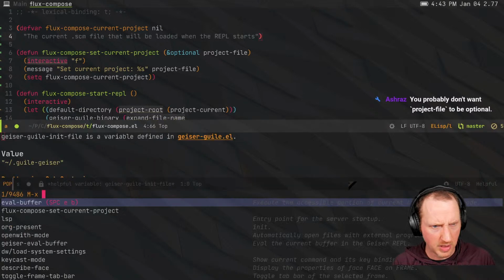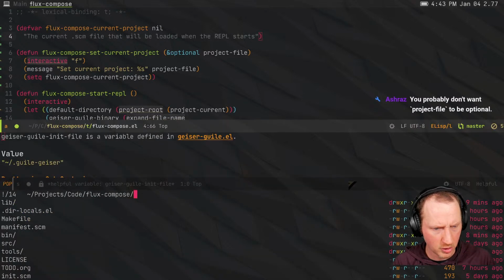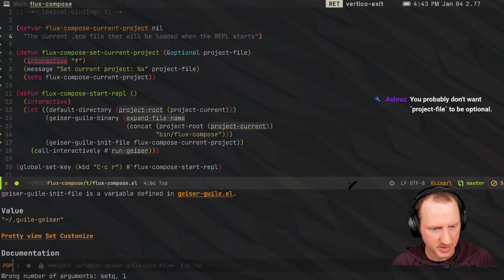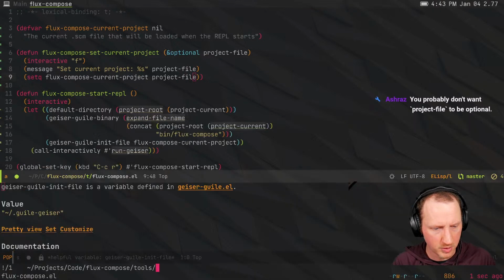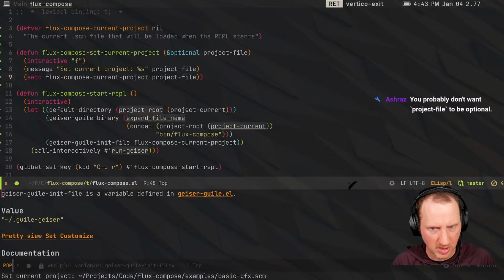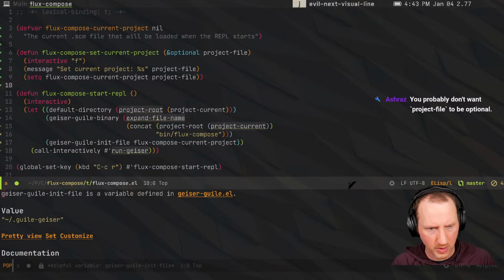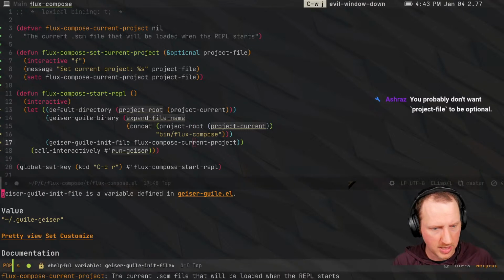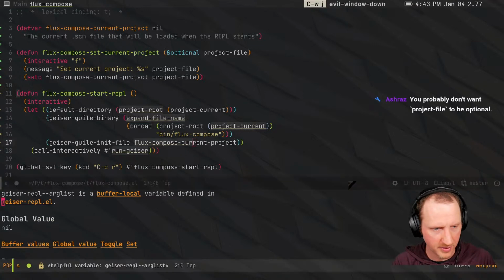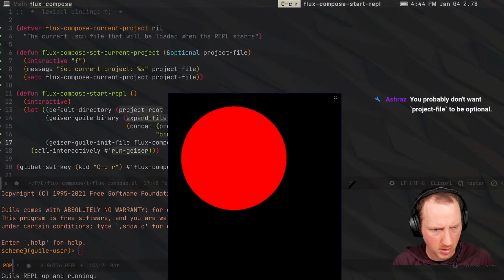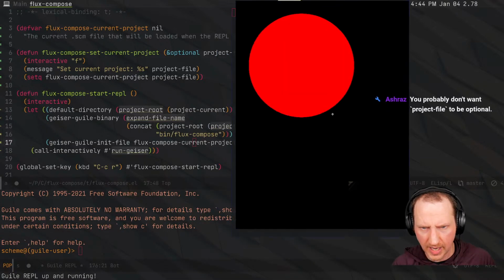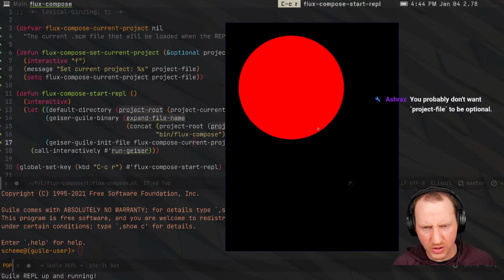Okay, so I'll set current project. I'm gonna go back, set examples, basic graphics dot SCM, wrong number of arguments because I obviously am not reading what I'm writing. All right, we're gonna re-eval that, run the command one more time, examples, basic graphics. Okay, so now, whenever I run the REPL, it should actually pull up the file that I want. So let's kill this instance of the REPL, Control C R. Cool, so it worked. And was I trying to verify any change here? No, I think I turned the,